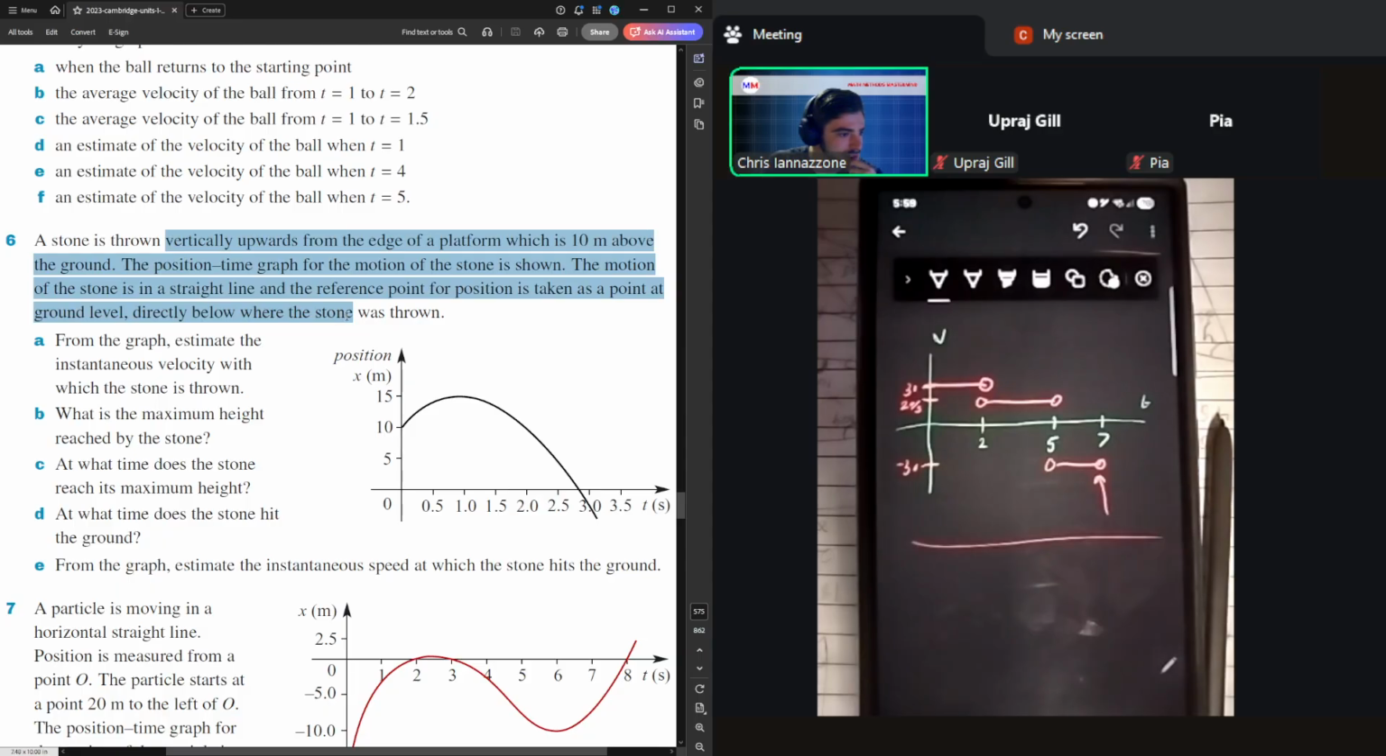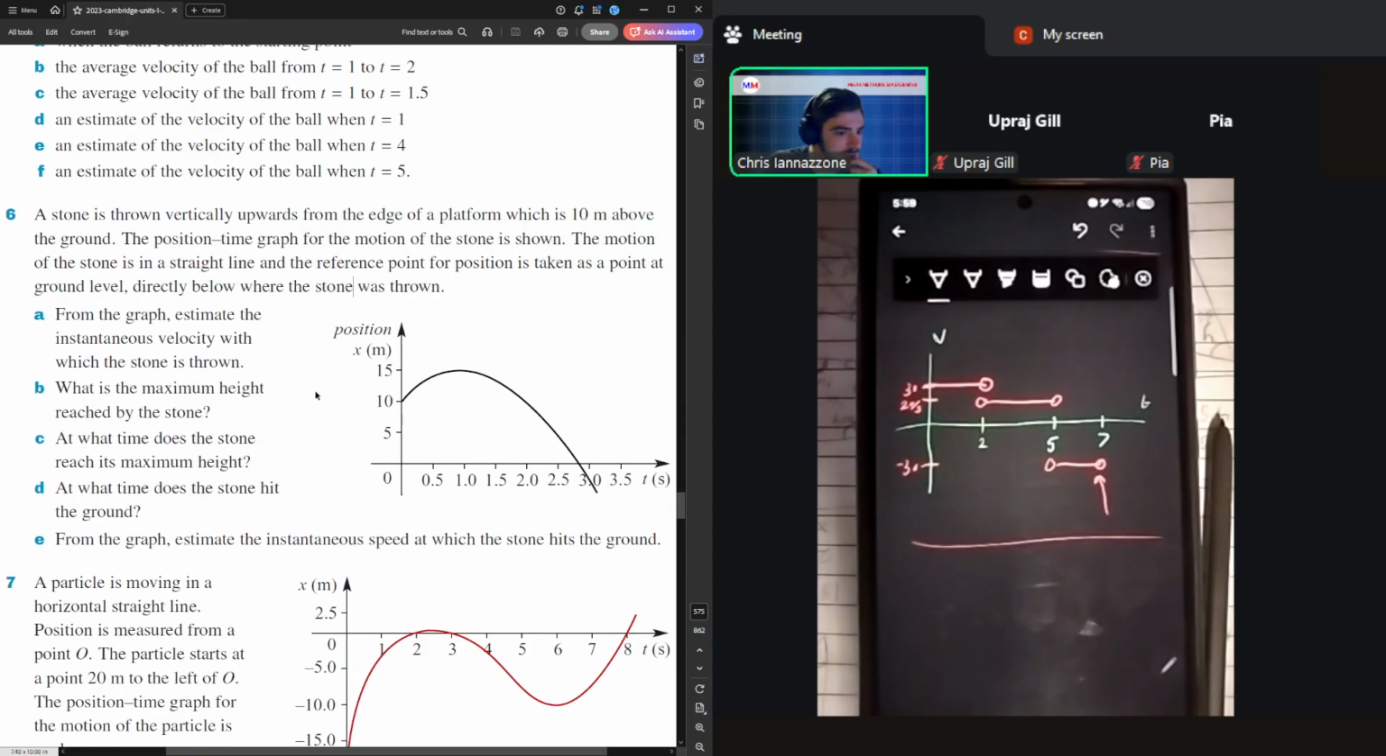Okay, so we start getting into some of the more typical application style stuff. A stone is thrown vertically upwards, 10 meters above the ground is our starting point. A position time graph has been depicted where the origin is taken at ground level, directly below where the stone was thrown. The motion of the stone is in a straight line,